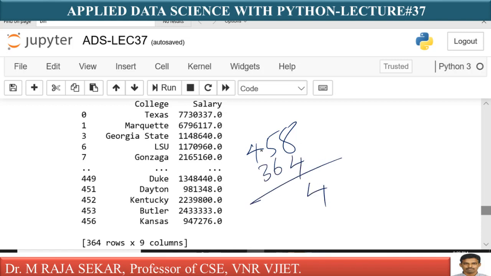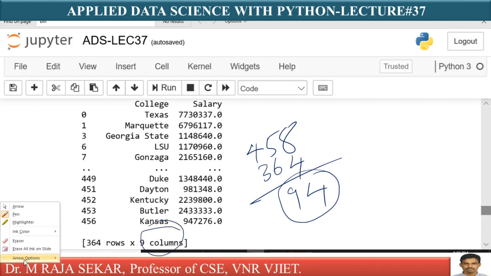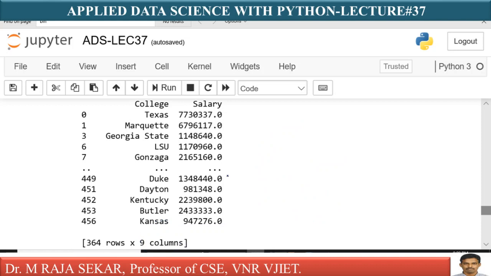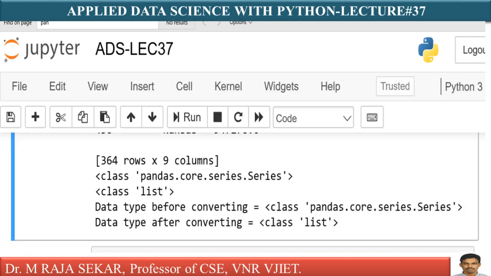That means 94 rows are dropped. That is the difference. But the number of columns is the same. You have to drop null values anyway. It is an important concept in implementing many data science algorithms. We will try to understand it in future classes.